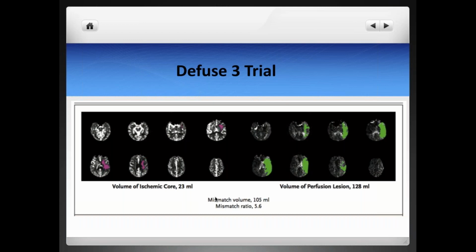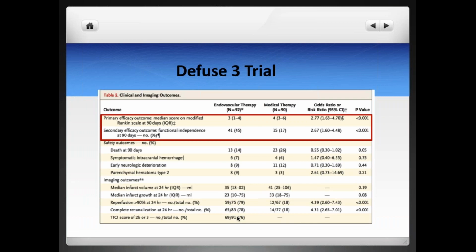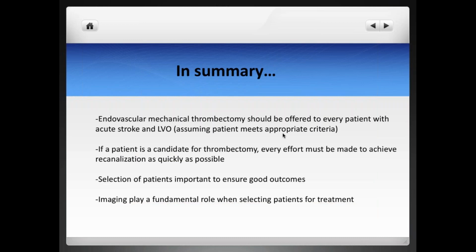Therefore, some places are a little reluctant to acquire, but as you can see here, the software is telling you the volume of the ischemic core on one side, and then you can see the volume of the perfusion lesion or the penumbra. And based on this mismatch, meaning large penumbra, a small core, you can take the decision to proceed with endovascular treatment. And their conclusion was, of course, that those patients who had a large mismatch between the penumbra and the ischemic core achieve much better functional outcome when going through thrombectomy compared to medical therapy alone: 45% versus 17%.